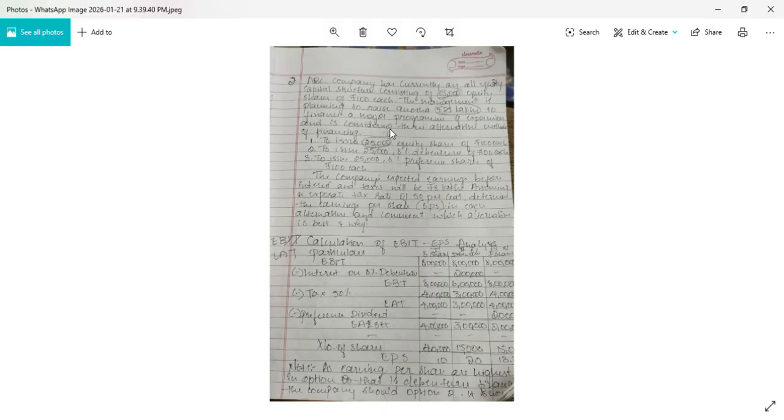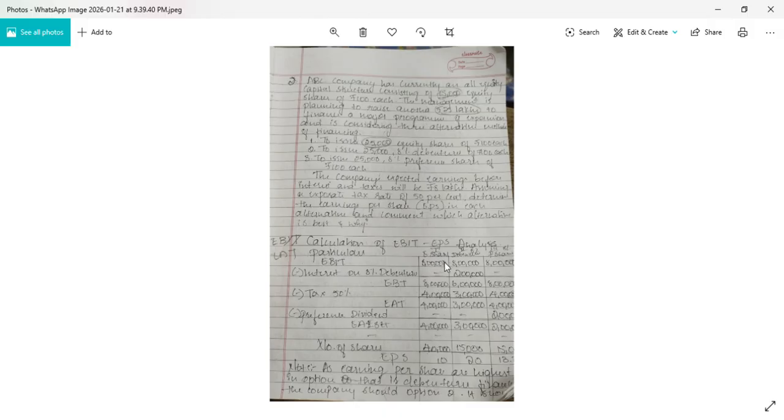In this case we have to add 25,000 new shares and 15,000 old shares. Now old plus new, totally it comes to 40,000. So now the number of shares in the first alternative is 40,000. How come this 40,000? 15,000 existing shares and 25,000 new shares. Totally it comes to 40,000.